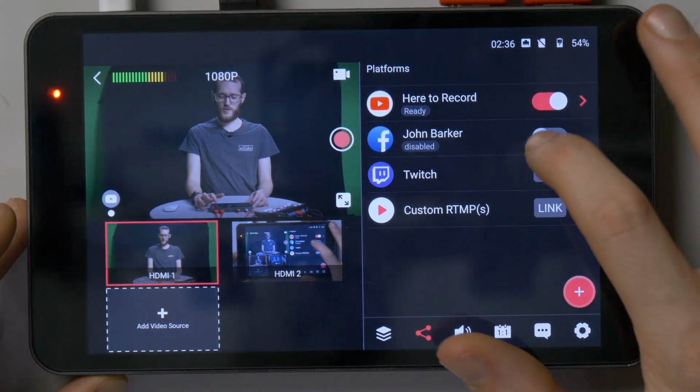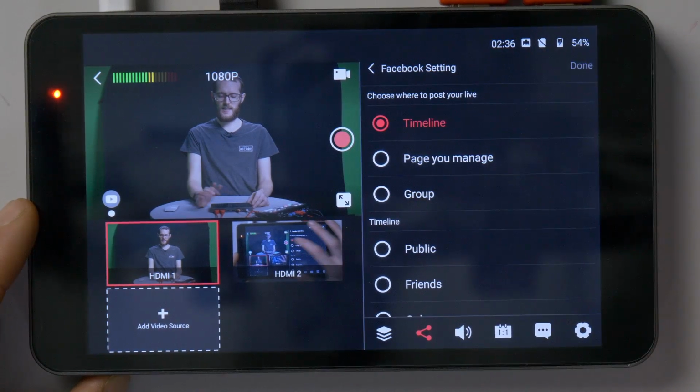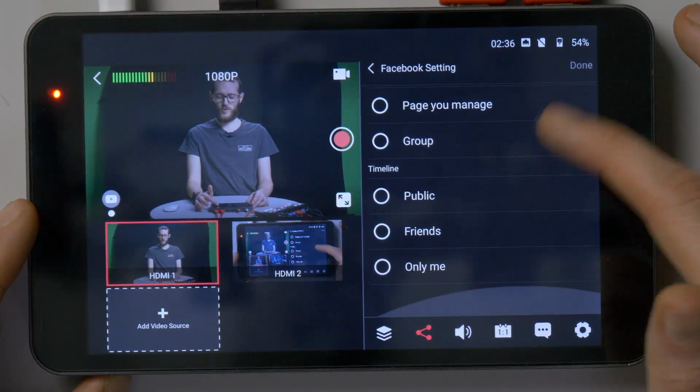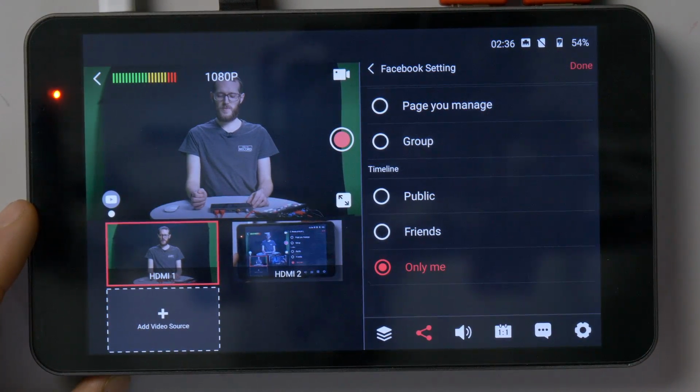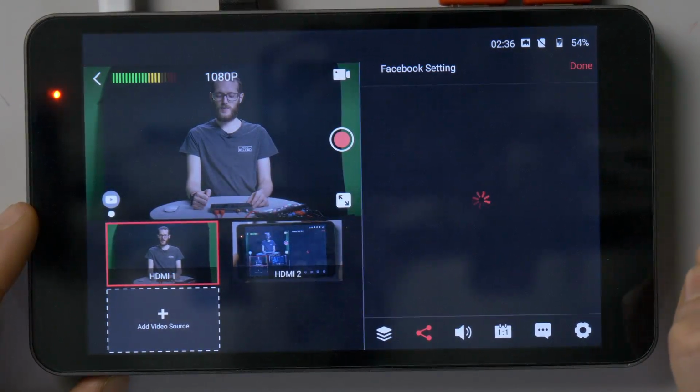And then I'll also turn on the Facebook one, and it'll give me some options too. In this case, I want to go to my own timeline. So it's already selected. And I'll just choose only me because, again, it's just a test. And I'll hit done when I am ready to go live. I am ready to go live now, but there's one more thing I want to do, and that is start the recording